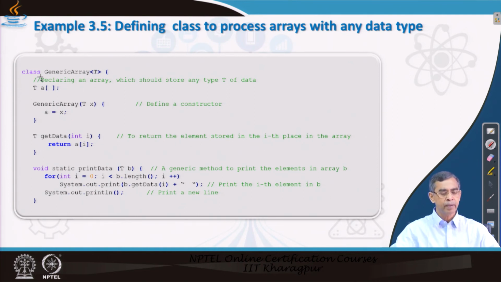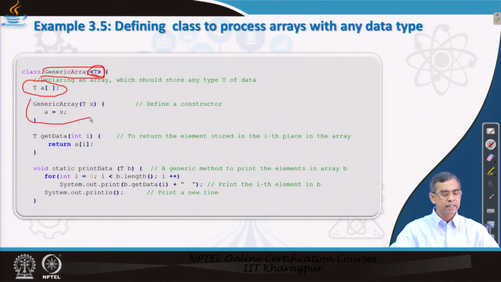This is same as the previous one. We declare within this syntax that it is a generic class. This is the declaration that we have added, other than the existing, as we know how to declare a class, but only the template within angular brackets, that is all. Now, here you see, in the previous example we declared a simple array, but here we declare an array as an array of elements.